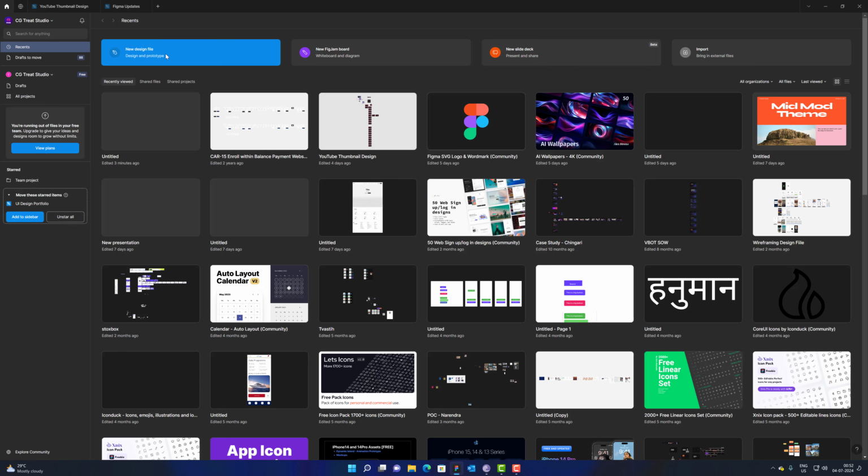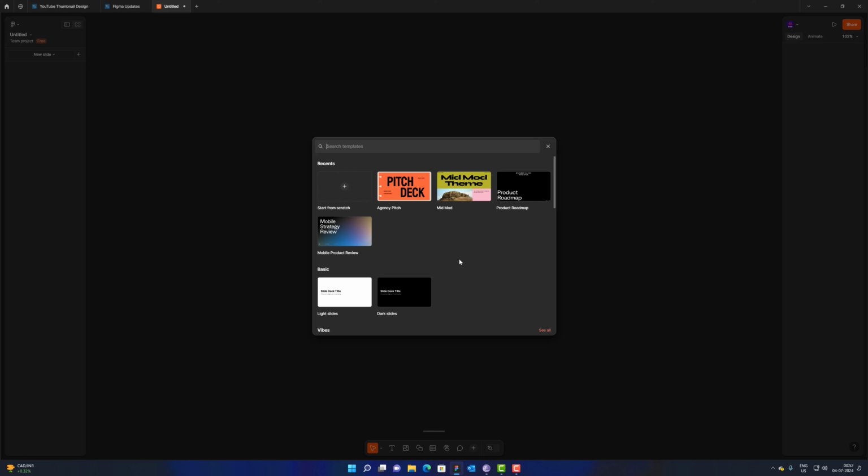So you can now create the new Figma design file, Jamboard, as well as new dedicated slides. What it actually does is take the best of both worlds, and it creates presentations that are equally unique and fully functional like PowerPoint